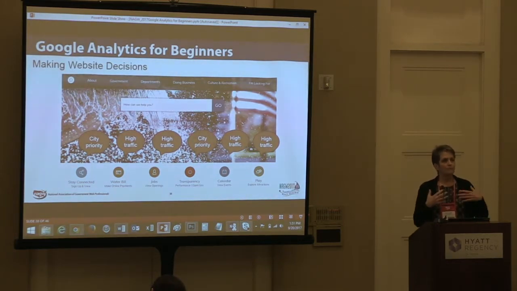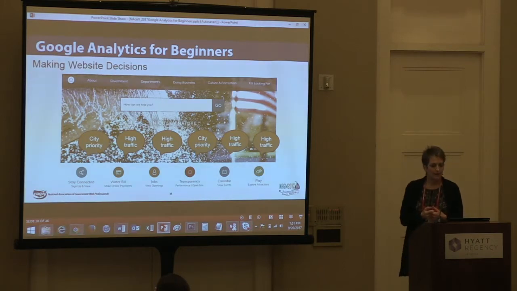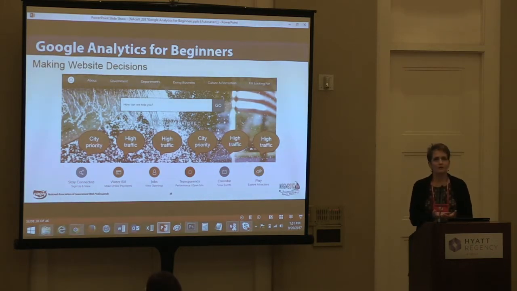We want to bring more people in to get information in more ways. So we have an e-newsletter, we have Facebook, we have Twitter, we're on Nextdoor, we have all this social media, and we also want people to come and consume the information that we're putting out on the website so they can stay informed about the city and what's happening in the city. So it's a combination, and that's probably the main message about this. It's not just what the analytics tell us, it's also what the city is trying to bring to the citizens.